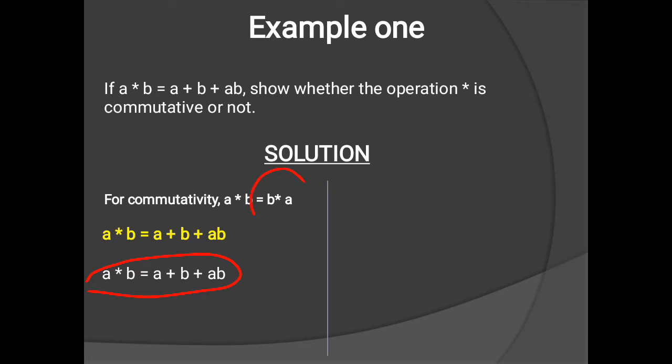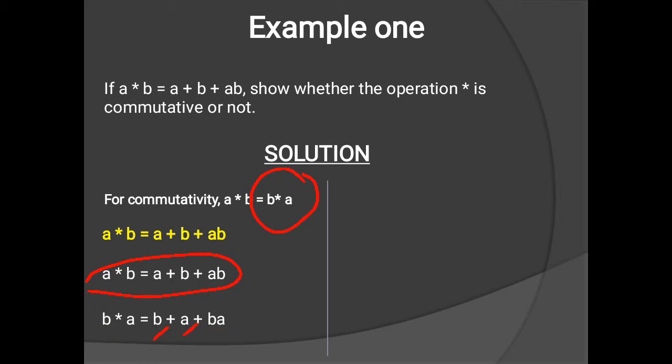Now we take B operation A and we solve. B operation A is equal to, see, first one, so over here the first one is B, plus second one, which is A, plus BA, which is first one times second one. Over here our first one is B and our second one is what? A. So first one times second one, B times A. Though multiplication is commutative, you can interchange them, but as far as solving is concerned, let's follow the rule. The definition is saying first one times second one, A times B. All right,